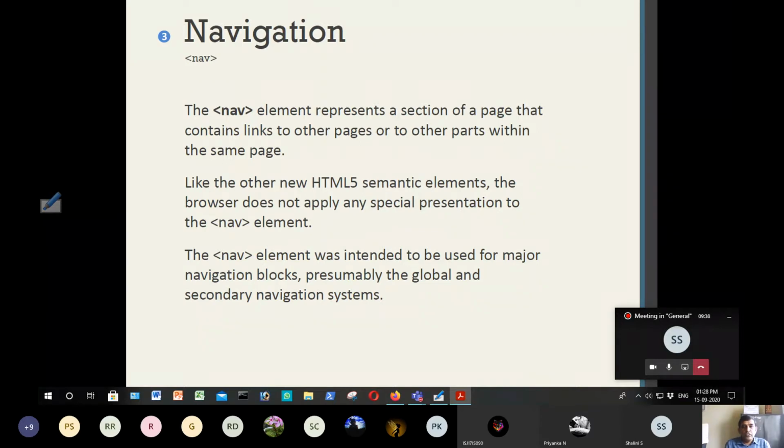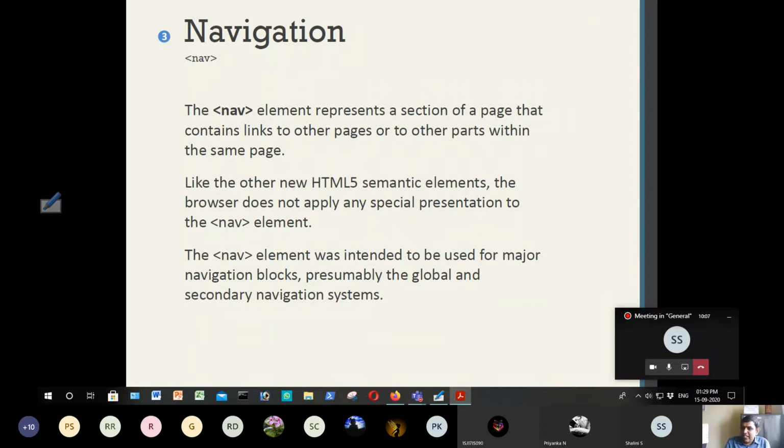So when you want to link one page to another page, or I want to link an element in the same page to another element in the same page, then we should use nav, which is a navigation element or navigation tag. Similar to new HTML semantic elements, the browser does not apply any presentation to the nav element.